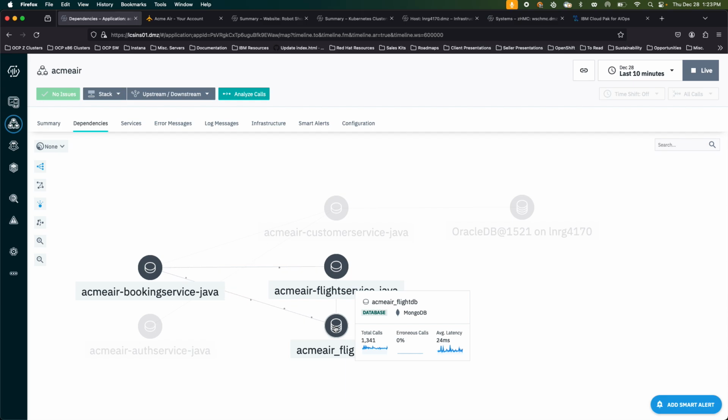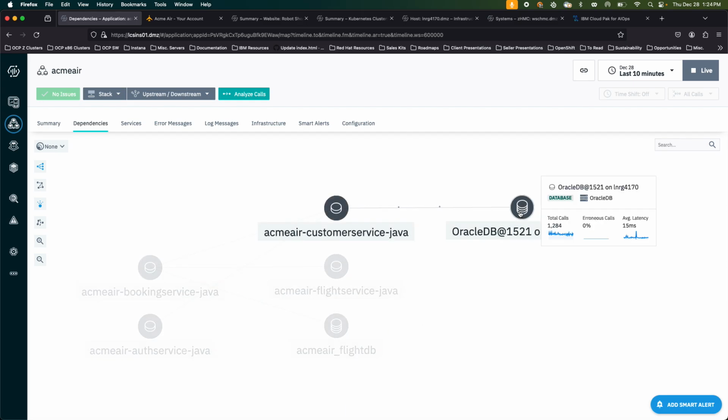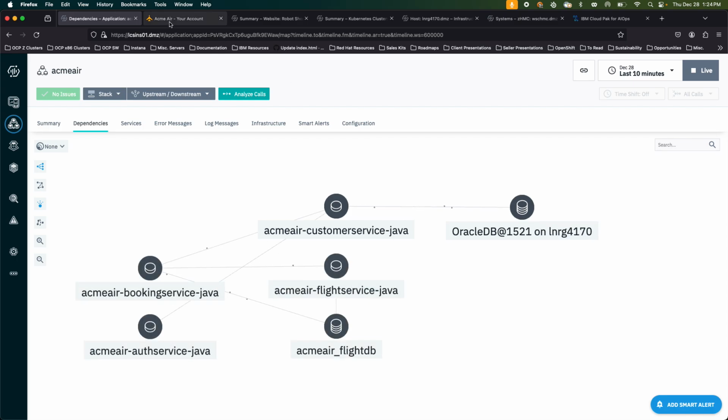So, for example, this MongoDB database stores the information about what flights are available from which cities to which destinations. So we have a couple different MongoDB databases, but we also have this Oracle database. This Oracle database is not running on OpenShift. Instead, it is running on native Linux, so Red Hat Enterprise Linux running on IBM LinuxONE. And this is holding all of the data and information about our customers. So, your name, your login information, maybe your credit card, and how many miles you have with the Acme Air